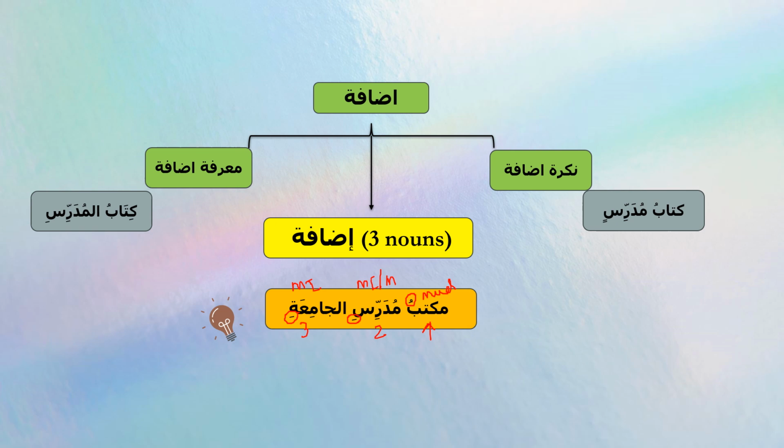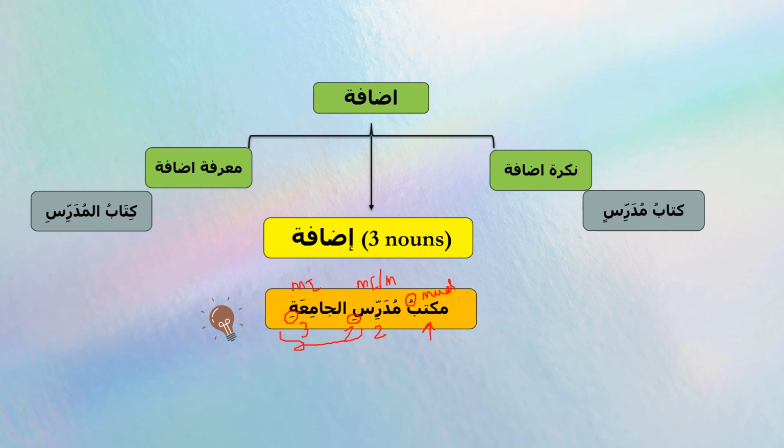Always remember, these two nouns will always be mabni with kasra. The middle noun will not change its haraka, and the last noun will also not change its haraka. Why? Because they both are the mudaf ilahi. Even though mudarris plays the role of mudaf, still it will not change its haraka and it will be mabni